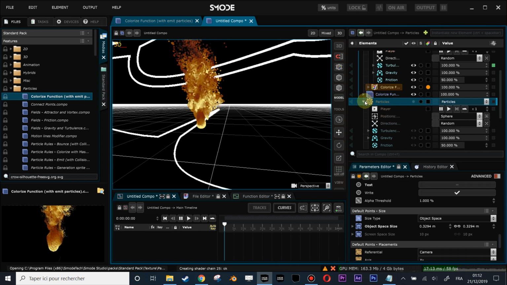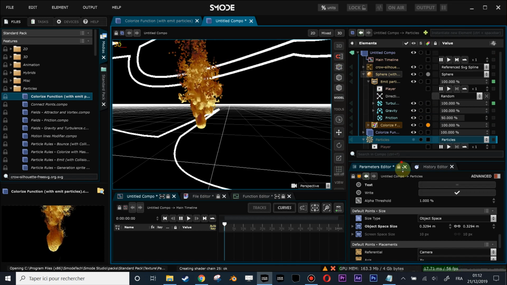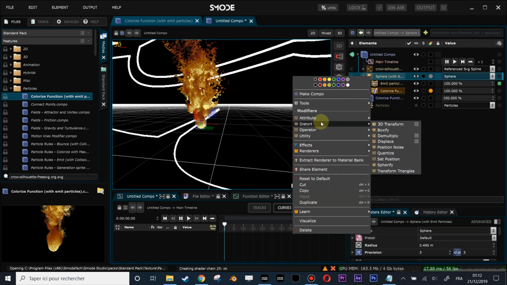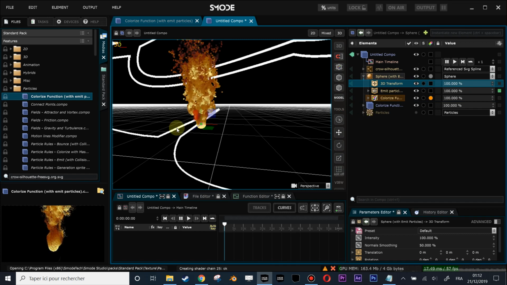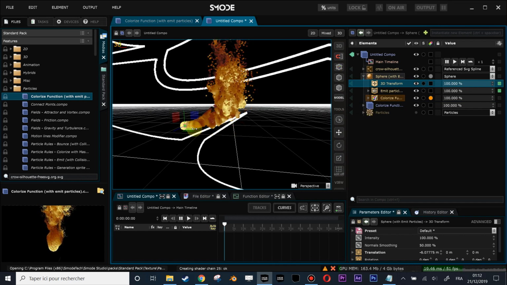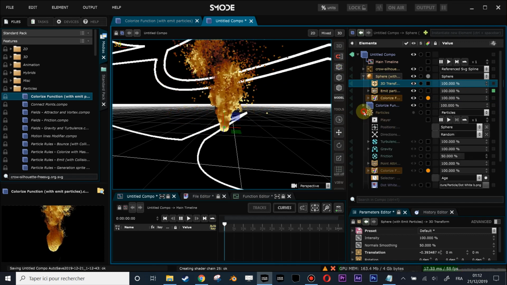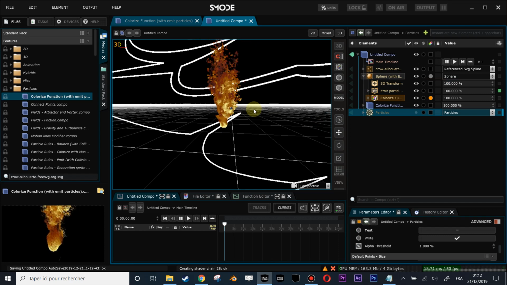But I can also do that here, of course, on my sphere, in my emit particle modifier. I do not have access to the point position, but I can do it sort of. What I will need to do is take a sphere and add a distort, 3D transform, and put that before the emit particle. And now if I move my 3D transform, what happened? Oh yeah, it works the same way. So doing this kind of system, I just reproduced what I have here, and now my 3D transform serves me as the position in my particle system. Okay, so